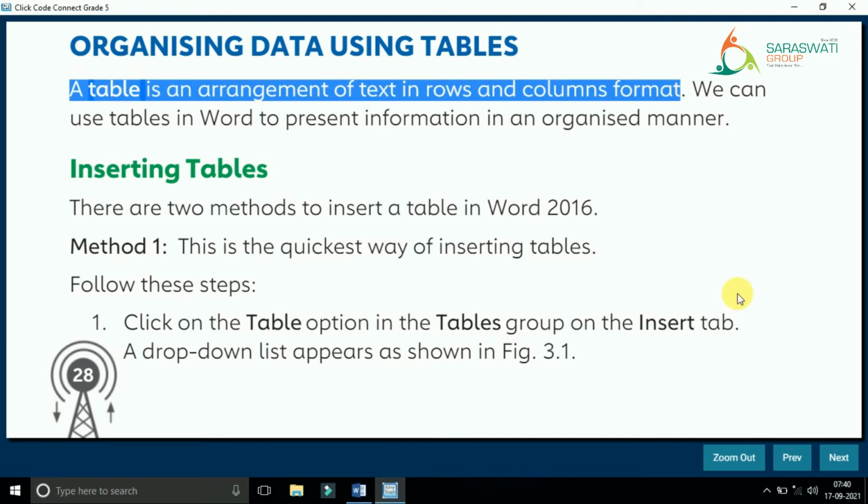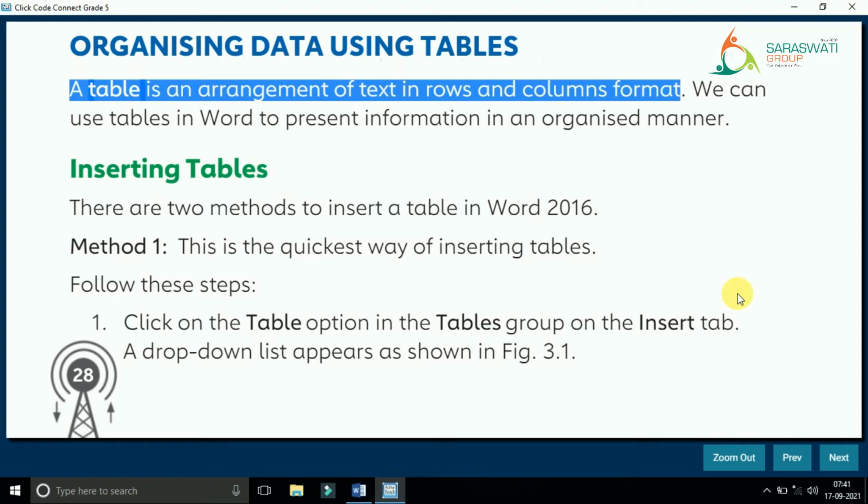We can use tables in Word to present information in an organized manner, right? That means if you write on a blank page in your notebook and no lines are drawn, then your handwriting will go in a slant manner. But what if you are writing in a check-line book of your maths?